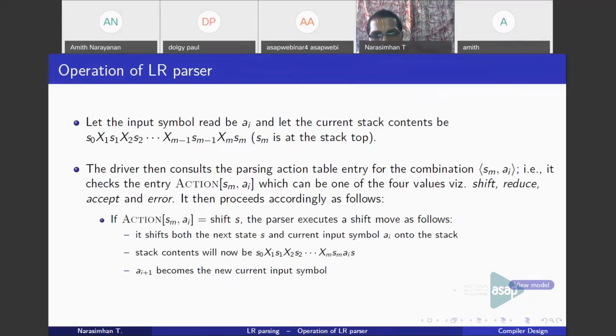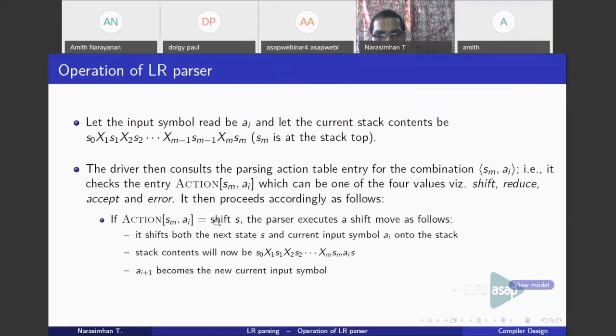Shift operation means the input symbol that you have read now will be shifted into the stack. After shifting, the finite state automaton will move to the state S.